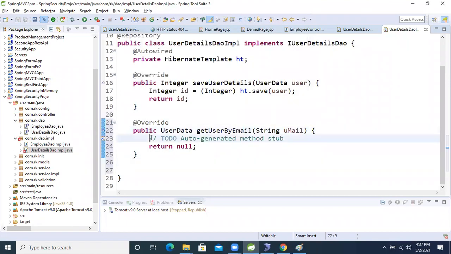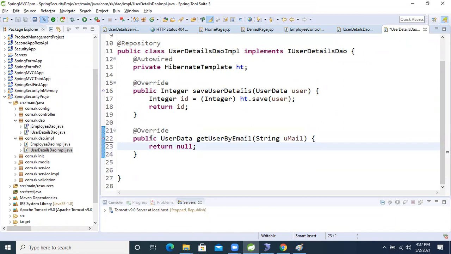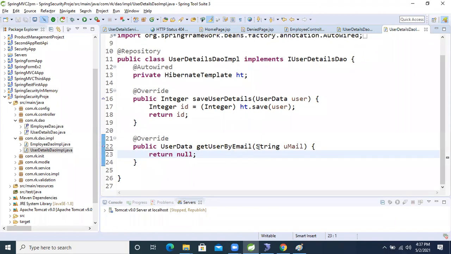Okay. Now fine. So here is what we will do now, guys. In the Hibernate template, to perform this, there is a find method for HQL to fetch one row record, right? But I think that find method is deprecated. Okay, let's see. HT dot find.